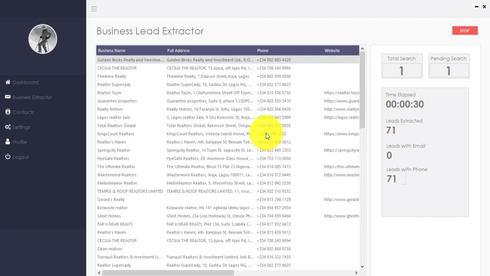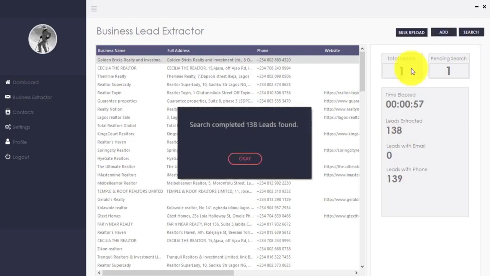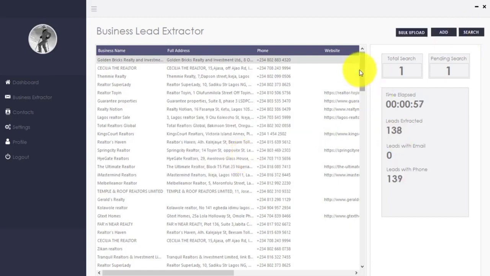Let me say you want to search for listings in California. You can also look for a local area in California to make your search more specific, right? So you can see this is too fast. Within 44 seconds it has extracted 100 plus data for us, and this is so massive. I don't think it's stopping anytime soon. So let me just click on the stop button, since I'm okay with what I have. Yeah, so that was because I stopped. Within 37 seconds it extracted